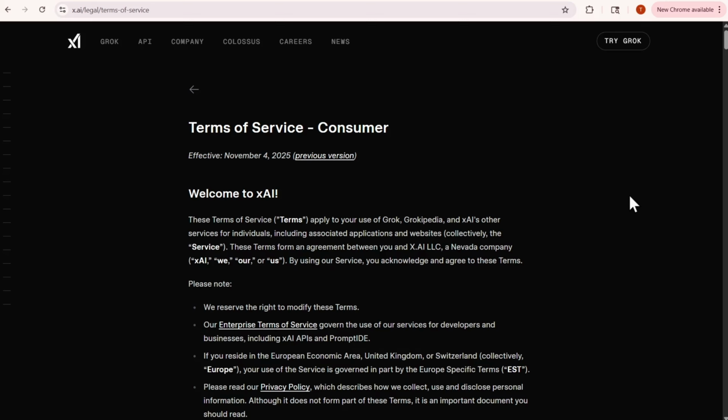You need to ensure that how you operate the business has not changed, because these terms, I'm just going to make this clear, our enterprise terms of service govern the use of our services for developers and businesses. Now, if this has not changed in a year at all as it pertains to personal data, I would be very surprised, because businesses are constantly evolving, they're constantly changing their methodology, they're constantly changing their business operations.